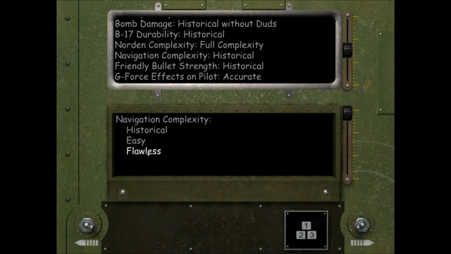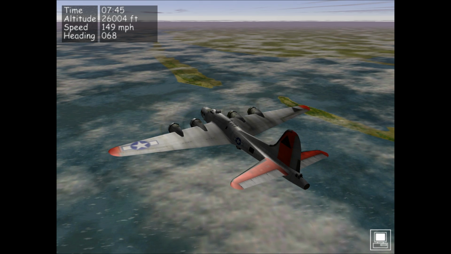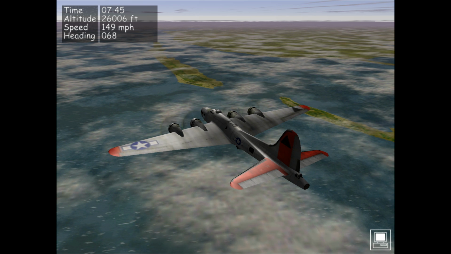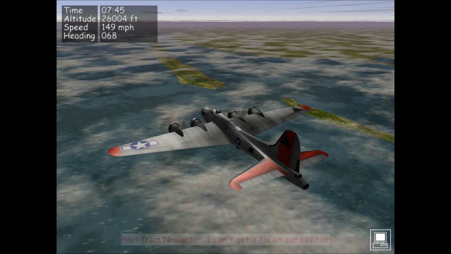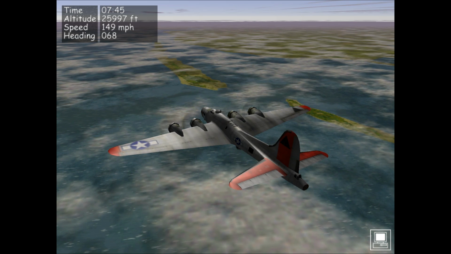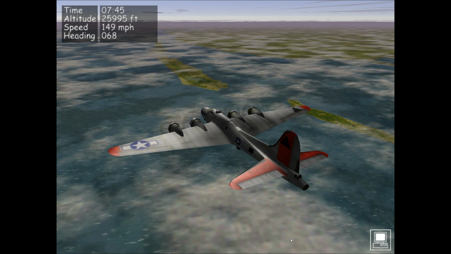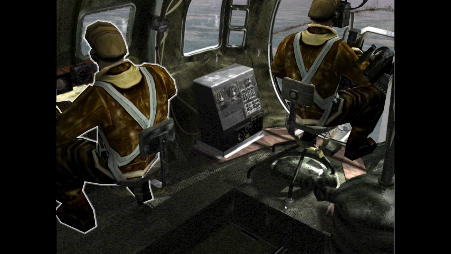Now, personally, I find the navigation really boring in the game and a real irritant, so I tend to flip this one to flawless. It's the easiest option, and it means you can basically ignore navigation. If you don't want to and you do historical, then you will get nagged occasionally through the game that you are off course, and what you have to do is to manually step into the navigator's role, look at the